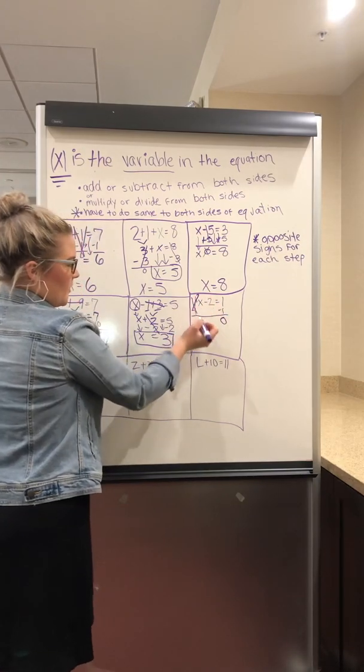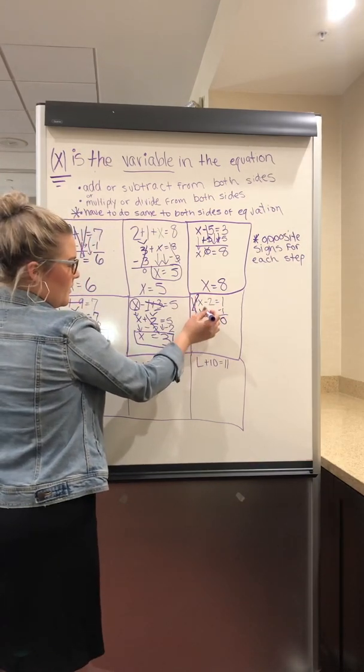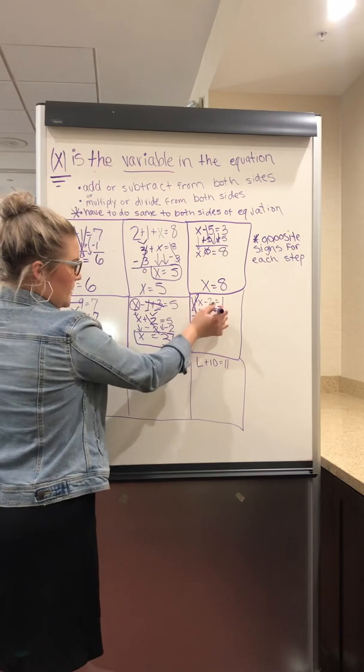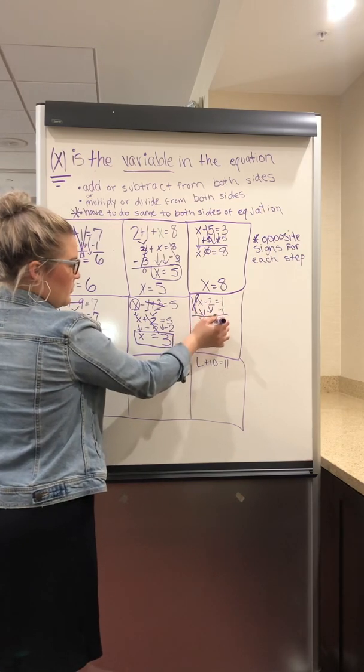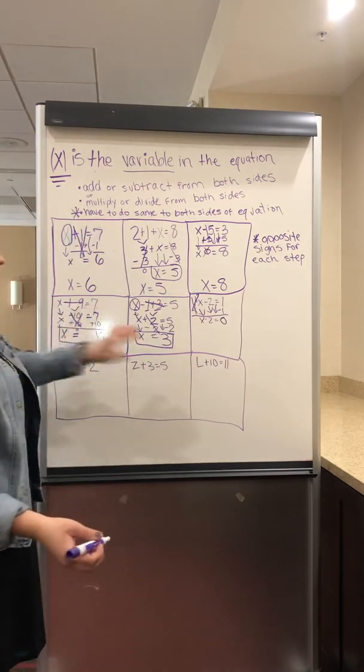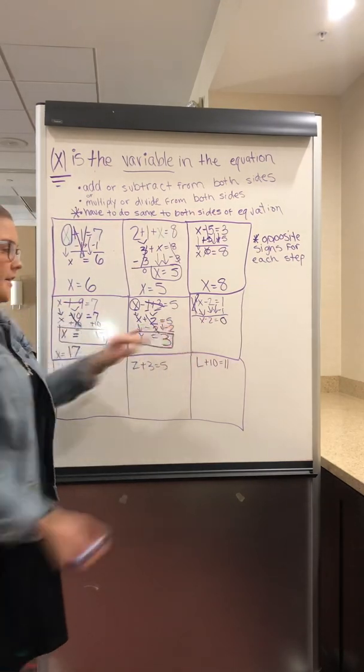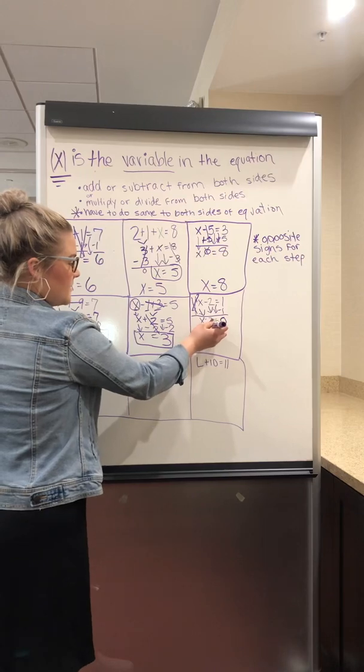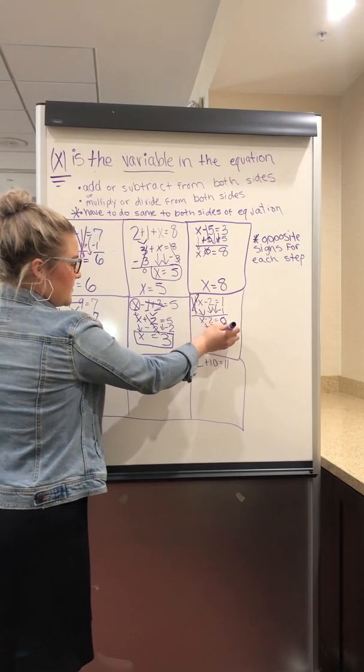So we got that step marked out. Now we have to bring these down, x minus 2, bring our equal sign down, equals 0. So now we're gonna flip the sign, x plus 2 equals,